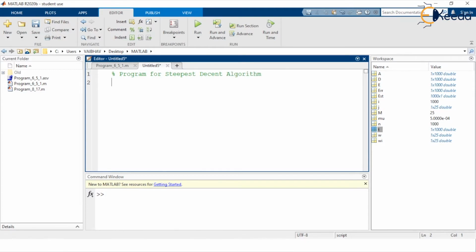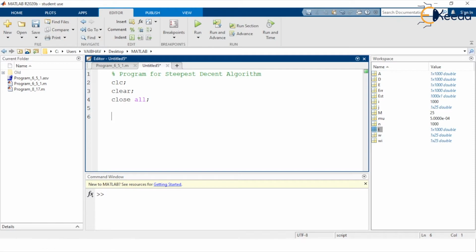The difference between the two I have already made it clear in the previous video while starting a discussion on the LMS algorithm here, least mean square algorithm. So for fresh execution we will like to have the clear screen, clearing the variables you see in the workspace and closing the unnecessary MATLAB windows here. Now as in the previous case, here again we require the desired signal, the signal corrupted with noise, and then we shall develop the mathematical logic we have studied for the steepest descent algorithm here.